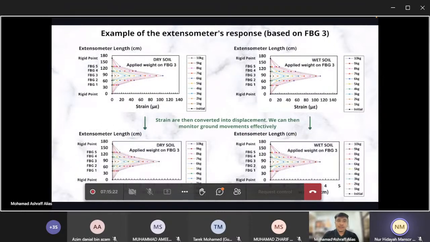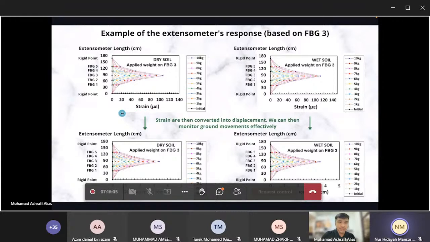This is an example of the extensometer's response based on FBG3. The y-axis here is the whole extensometer length. If you can imagine, this part is actually the pipe, and FBG1 is located at this length along the 180 cm of pipe. As you can see here, when the weight is applied on top of FBG3 in dry soil conditions, this is all the FBGs' response